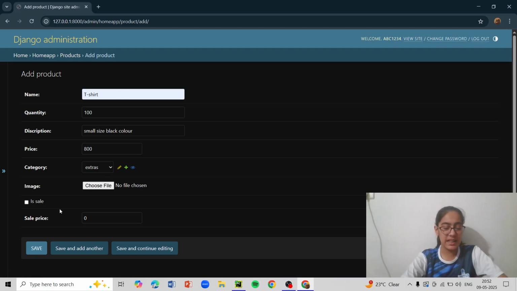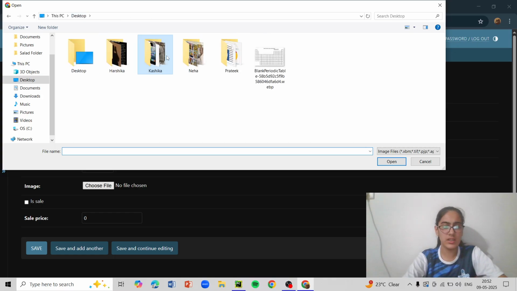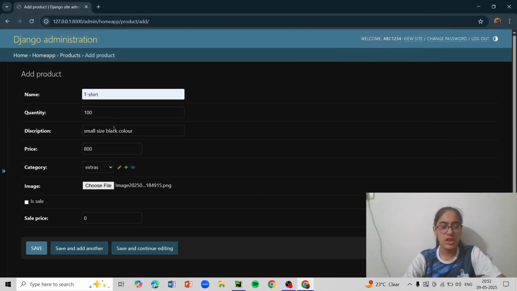So, is sale or not sale? Choose file is completely optional. I'll just go on to desktop and choose any of my images. I have this dress image or this shirt image. I can choose it again. Shirt image it is. And then is sale or not sale? If not sale, then I can leave all these two criteria open like that. But if it is sale, then I just click on is sale, and then over here I'll add the sale price.